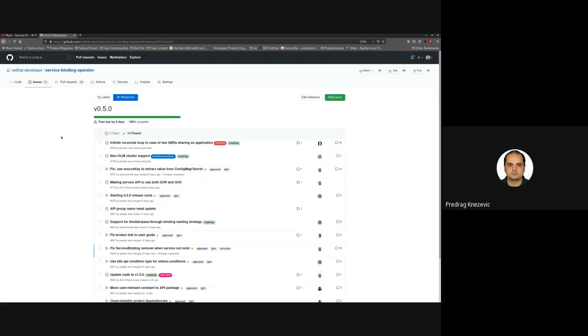Then we introduced the custom naming strategies, which is definitely important for those who want to inject bindings as files, because that kind of strategy is very well aligned to what the spec is defining. So the names of the files are equal to the binding names. And we unfortunately needed to upgrade the group API, which is a breaking API change, but that's the only change. So the adoption by the clients is relatively straightforward.